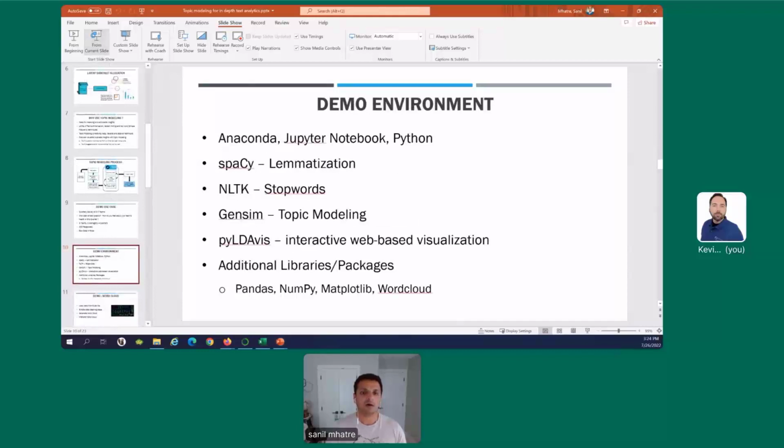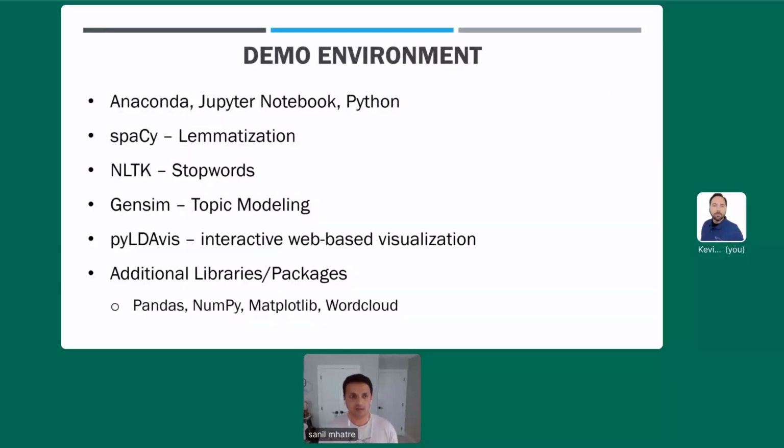I'll briefly talk about the demo environment. I won't really go into the details of installing some of these packages in the interest of time. The demo environment that I'm using is built on Anaconda Personal Edition, installed on my laptop. I'm using a Windows laptop. I spin up a Jupyter notebook, and I'm using Python for this exercise.